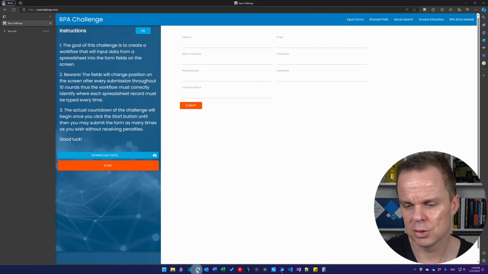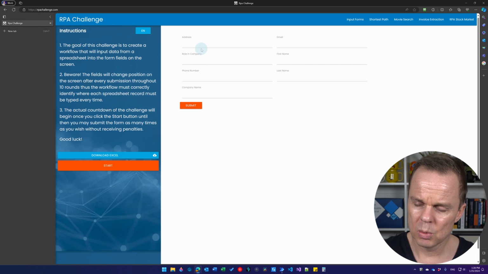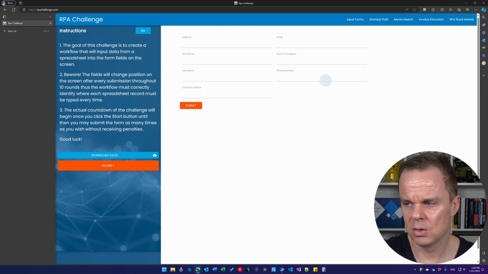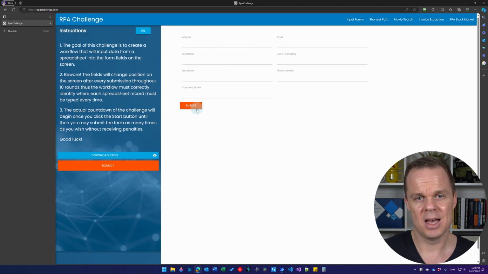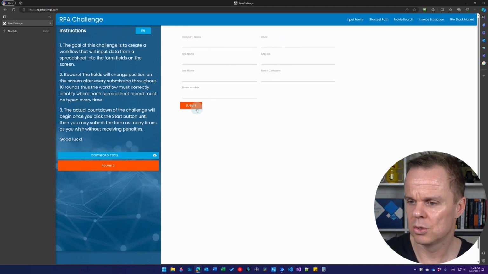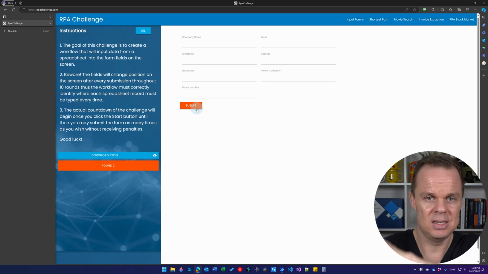And you go to the browser. So what you want to do here is to fill in for each one of these rows, you want to fill in here. That is, once we start the challenge, we click start. And you can see all these fields. We have the address, email, and so forth. Each time we fill in the record, we want to click submit, and now you can see these fields are